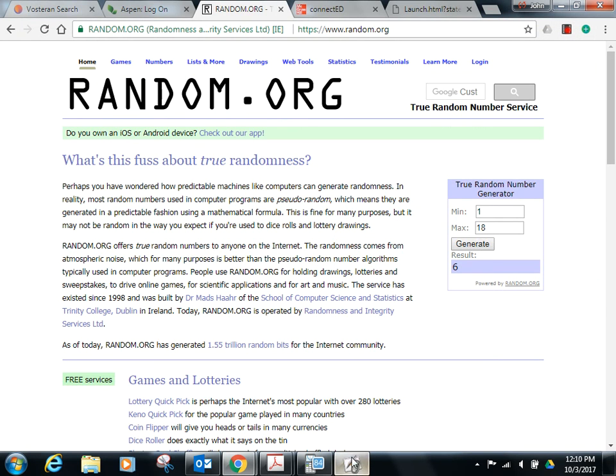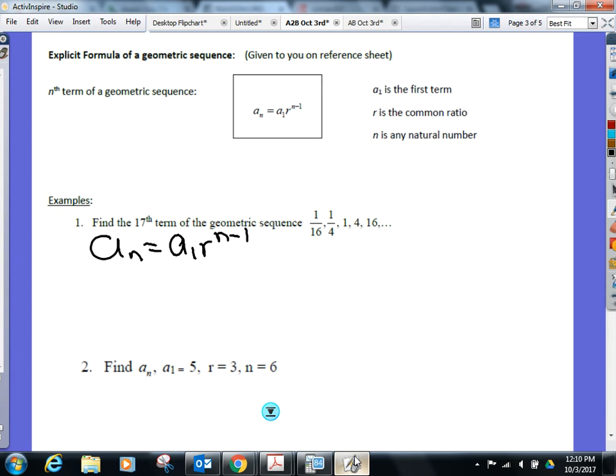Okay, let's go. Who's got 6? Okay, here we go, Annika. Ready? 17th term, what's getting plugged in for n? 17. So ready? I'm going to find the 17th term by taking the first term, Annika, which is 1/16